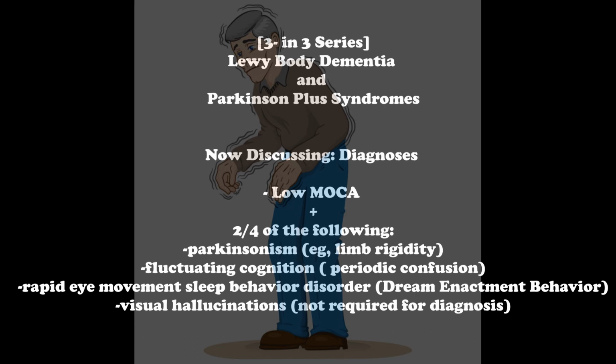Parkinsonism is limb rigidity most of the time. In fluctuating cognition, the patient will describe themselves having good days and bad days. Rapid eye movement sleep behavior disorder is a parasomnia characterized by dream enactment behavior. When patients have dream enactment behavior, they usually have a loss of normal REM sleep atonia. Loss of REM sleep atonia is a common and very early symptom in dream enactment behavior of dementia with